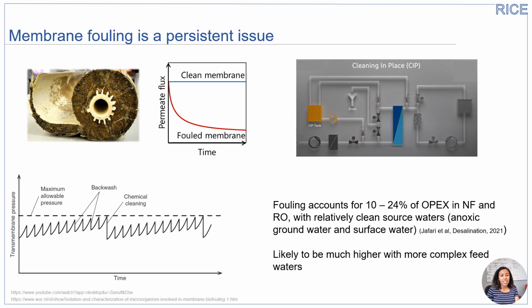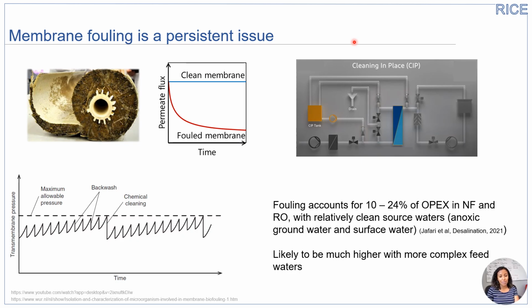Membrane-based processes are an important and growing part of the water treatment industry. One of the persistent challenges in membranes is fouling. The deposition of organic material and bacteria, the growth of bacteria and biofilm on the surface, and the formation of inorganic scale reduce water flux through membranes. To combat this, backwashing is done in low pressure membranes, and there's also chemical cleaning that takes place to more